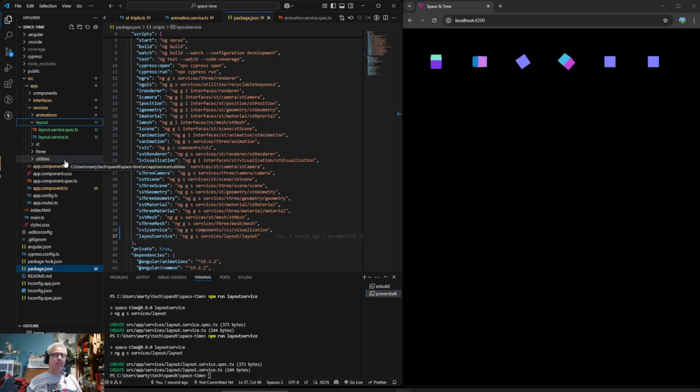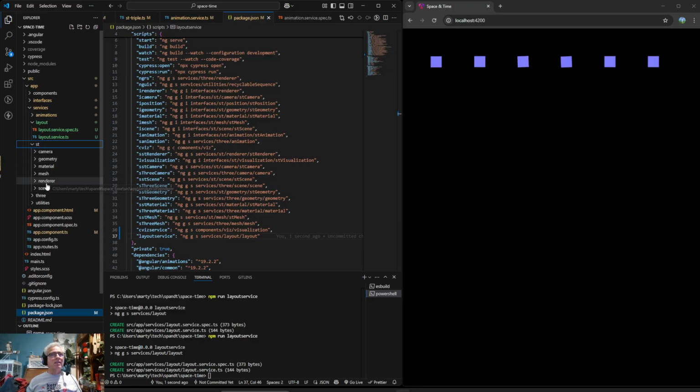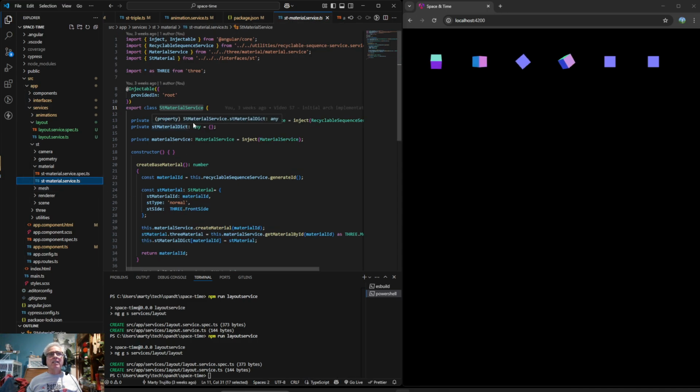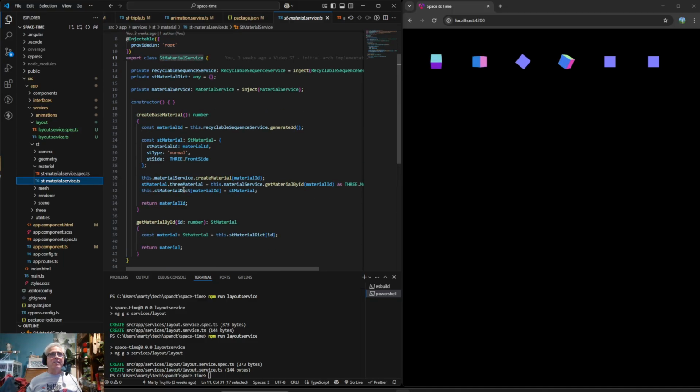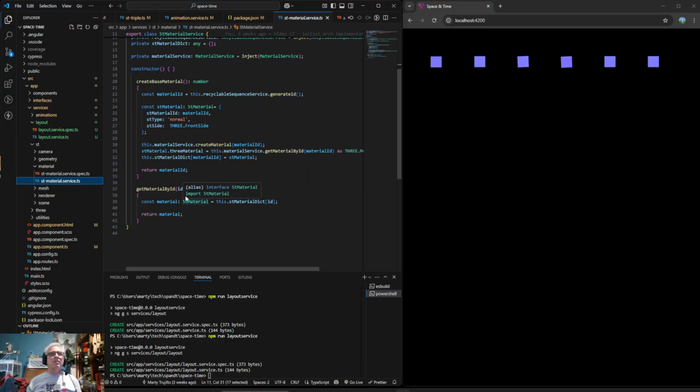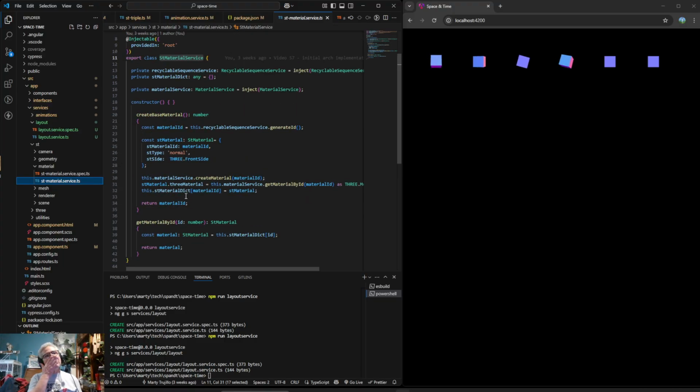One is the layout service needs code in there, and I want it to be a lot like, let's go to render, a lot like, maybe material will probably be the best example. A lot like this, where it has a dictionary, it can get a sequence, so every layout item has its own unique ID. But then it has a get by ID and a create. So it can create one, put it in the ID that could be updated. I can get it, and then I guess maybe